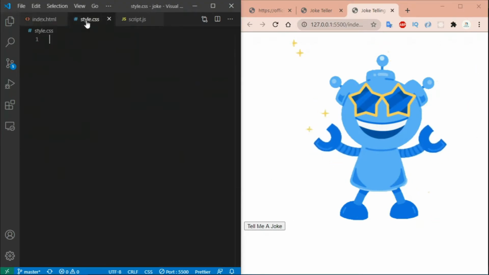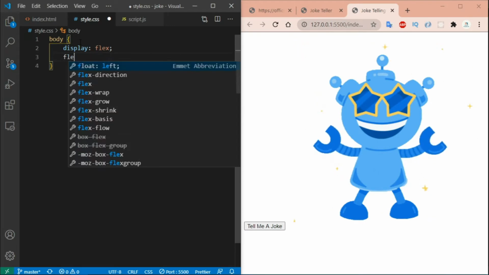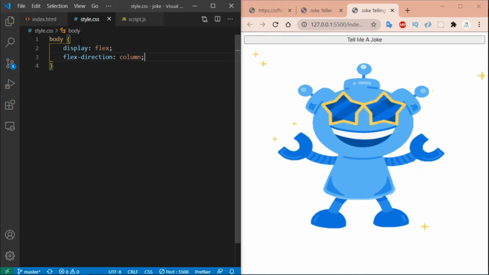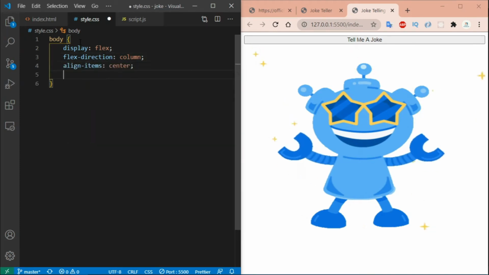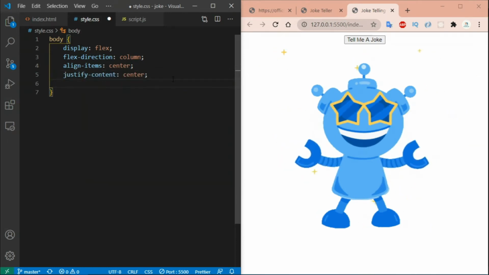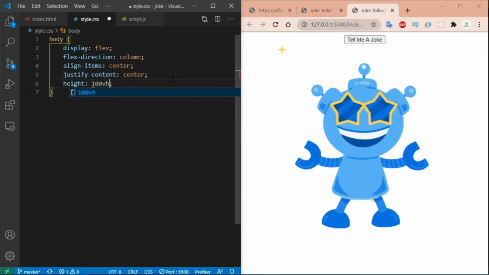Now open the style.css. Select a body tag and give it a display of flex and set flex direction to column like this. Okay, now align items to center and justify content center, and then add height 100 viewport like this.